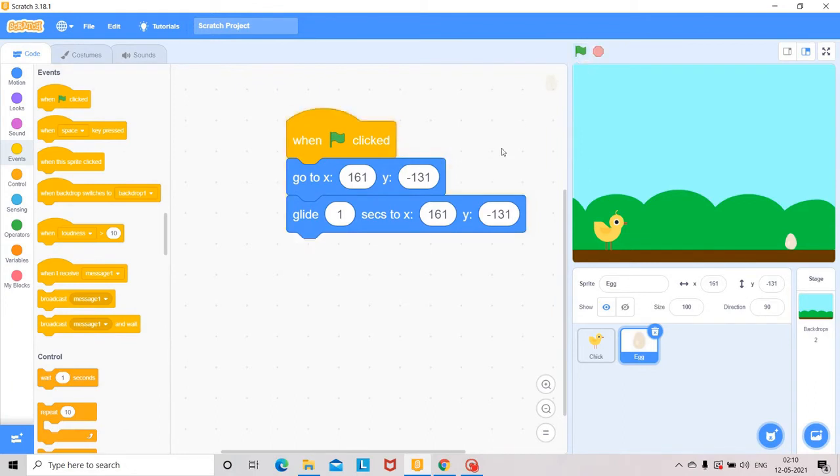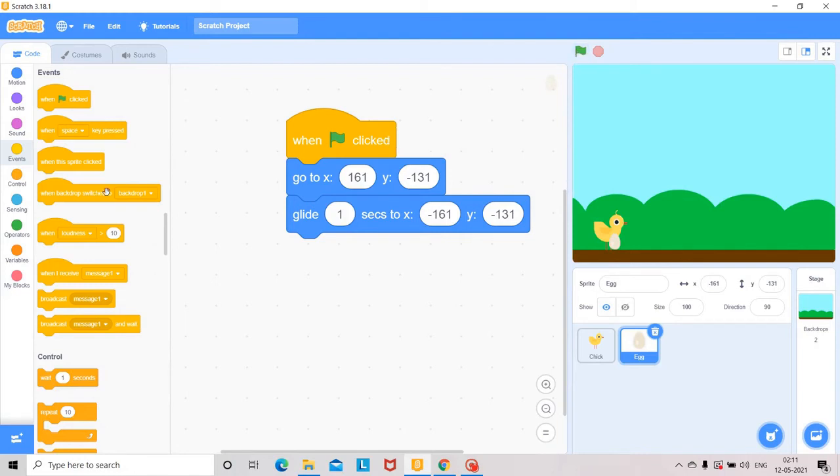It is not moving because the egg should come towards the chick in the opposite direction. So here in gliding we will change the value to minus 161. So now you can see it is coming, but only one egg is coming, so it is not repeating.